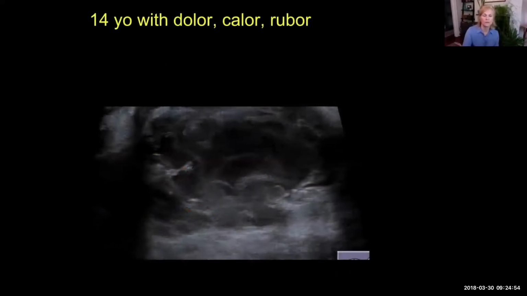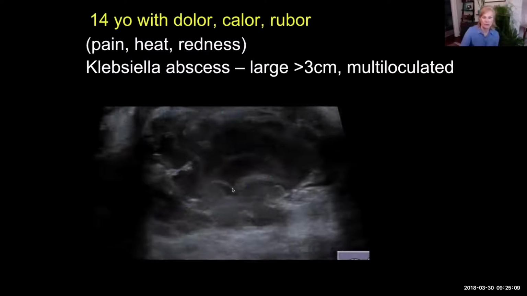This is a 14-year-old who presented with the classic symptoms of infection, dolor, calor, and rubor, meaning pain, heat, and redness. And in her, we see a large collection here, which you would call an abscess because it's localized. There's fluid in it, and there's some thicker material, probably some pus and some blood. We see some enhanced through transmission here because of the fluid content. And you can see that it also forms enough of a mass that this would be palpable in addition to